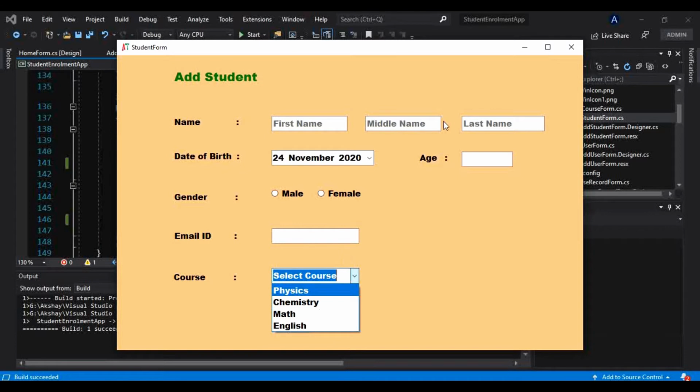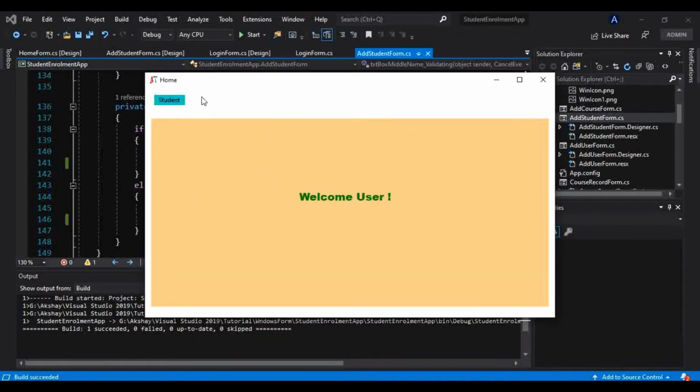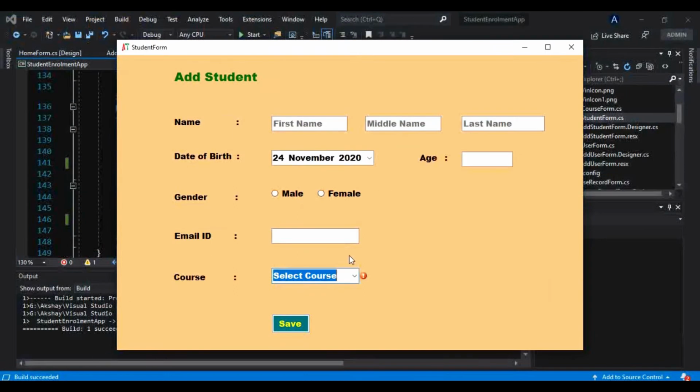Whatever courses we are adding here, we will provide one tab for that, and we will do a similar thing for student, just like this. This is one tab for student, one tab for add student. So I will provide one menu, that is course, and in that there will be a courses tab and an add course tab. Whatever courses we add in the database, we want to fetch those records directly from the database, and we will have them in this drop down instead of hard coding them in edit items. We will see how we can do that.